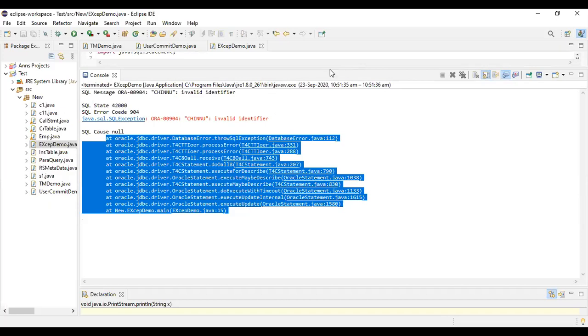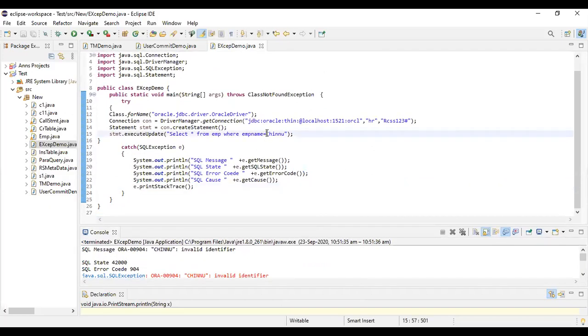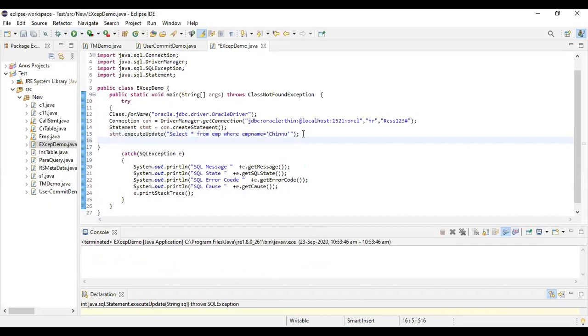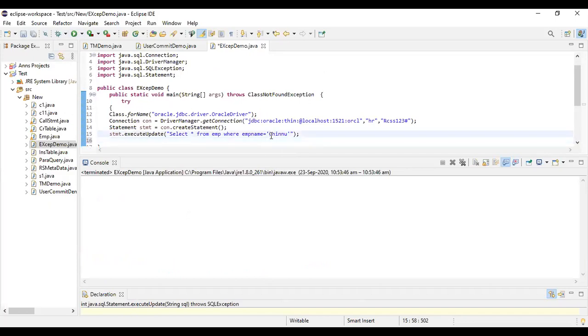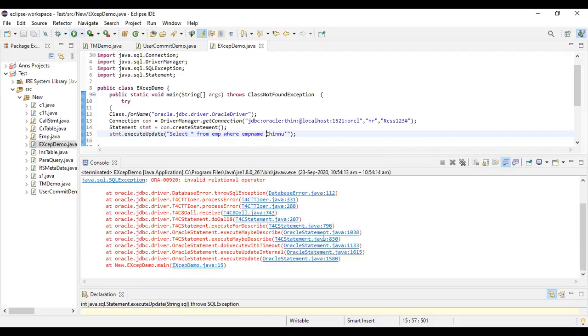Now imagine I corrected my error, like let's say I gave it in the correct format. Anyway, I did not give any SOP or anything, but there is no exception caught now because I did a perfect query. I put things in single quotes, which means there is no error being caught. Not only that, with regards to your SQL, if you make any kind of mistake.